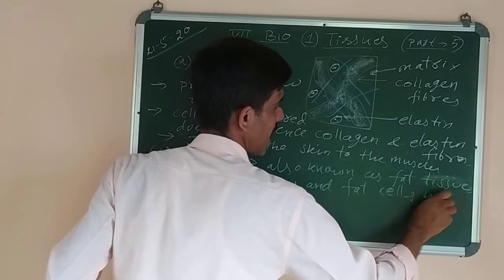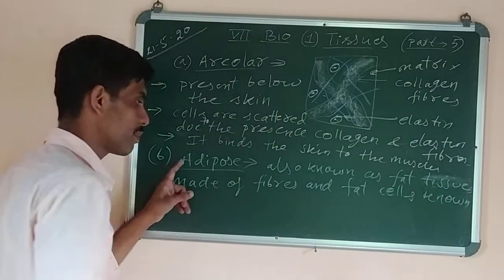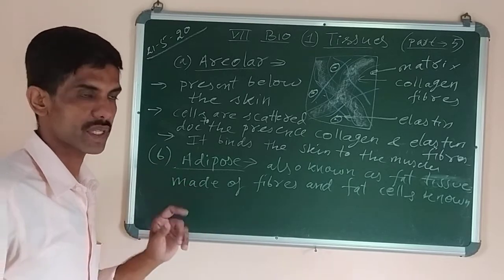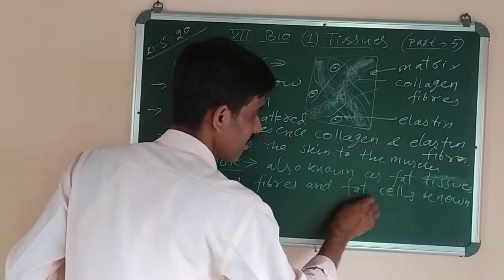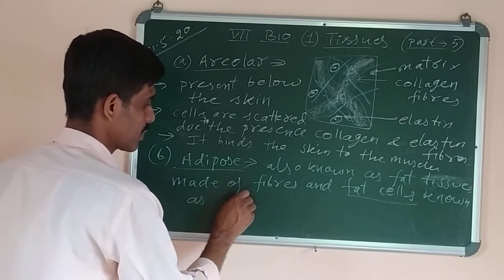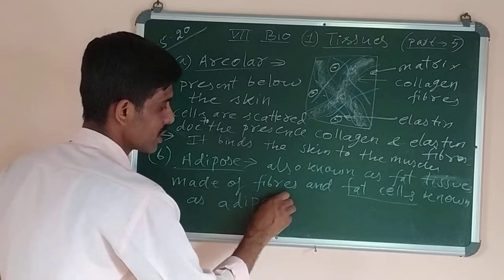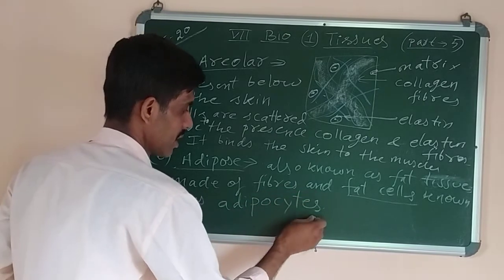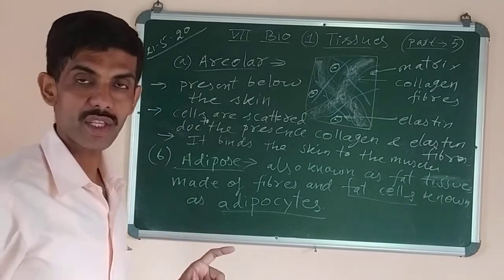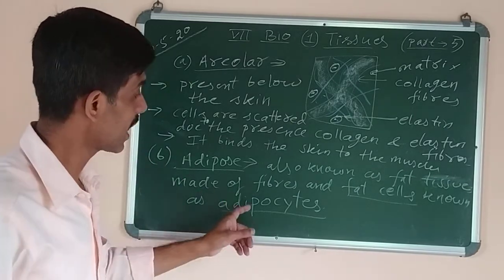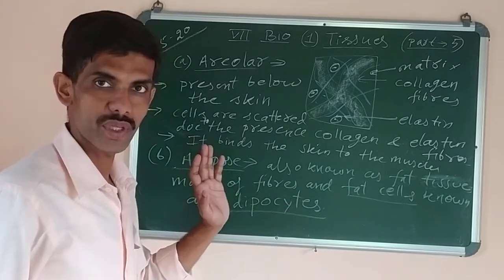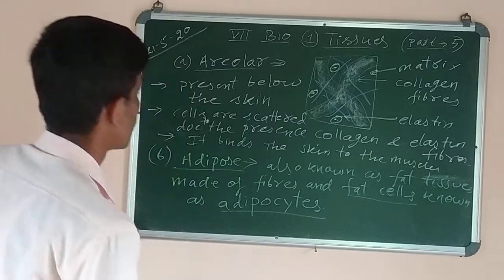The fat cells are known as, it means adipose tissue is made up of cells which are known as adipocytes. So now I'm going to write that one. Fat cells which are known as adipocytes. Check the spelling, A-D-I-P-O-C-Y-T-E-S. Why am I saying check the spelling? Because it is asked in objective questions also. Name the cells which make adipose tissue. The answer is adipocytes. But what is the other name of fat cells? Adipocytes. Got it? Okay, hope you have done this one.